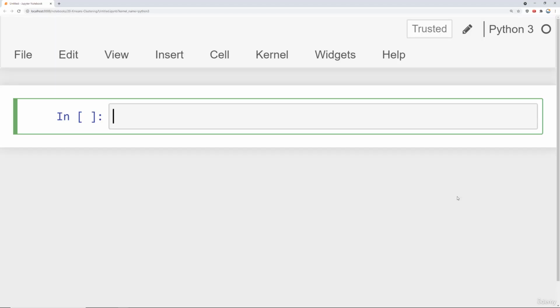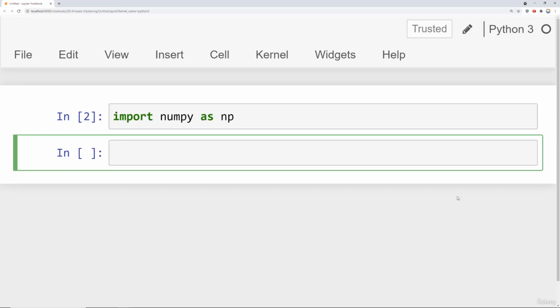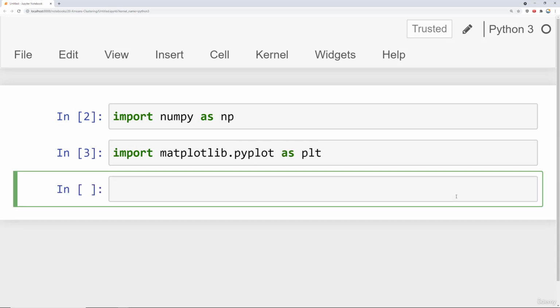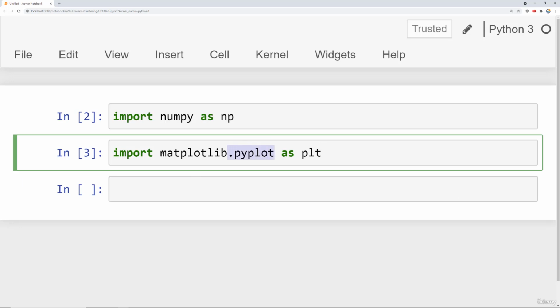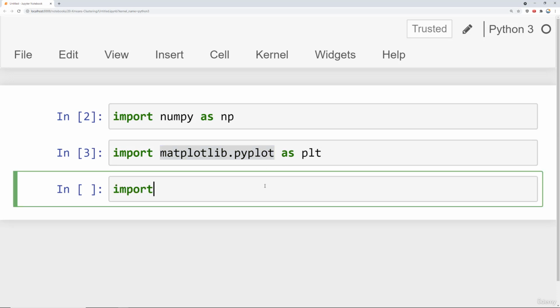Okay, here I am at a brand new notebook, and we're going to import a couple of libraries that we haven't actually used yet. Obviously we've used NumPy before, but we're also going to import Matplotlib, and we're going to import pyplot as plt. Recall, this is the plotting portion of the Matplotlib library, by far the most popular aspect of Matplotlib, but Matplotlib also has an image processing library within it. So we're also going to say